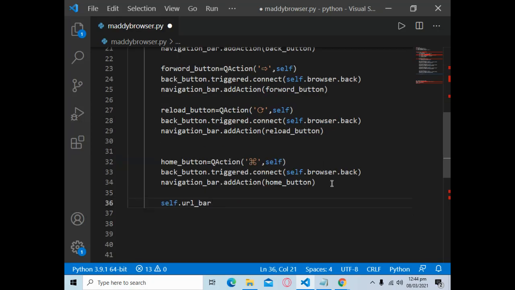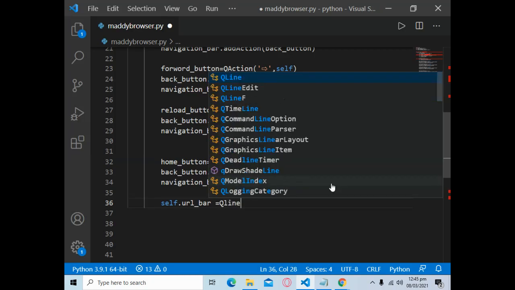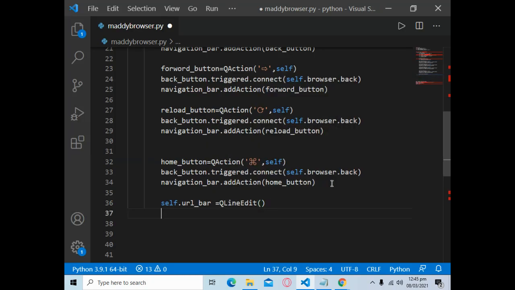So simply write self.url_bar is equal to QLineEdit, then make parentheses, hit enter. Simply write self.url_bar.returnPressed and connect with self.navigation_to_url.